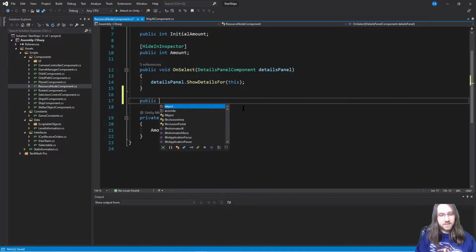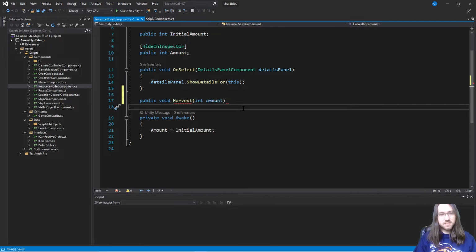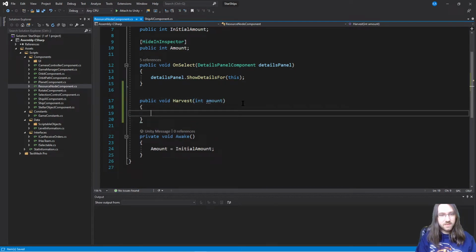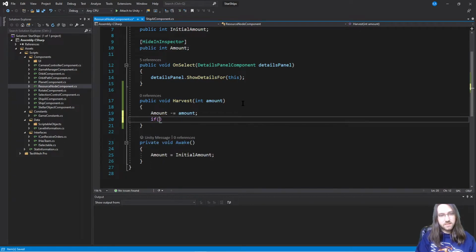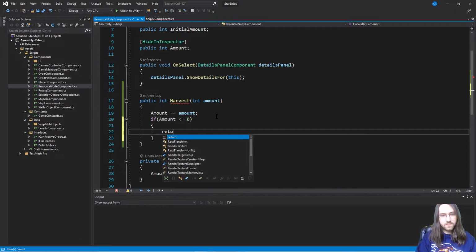A harvest method. God, my brain is not working today. Int amount, starting to go away. Okay. So the current amount is minus equal to what we just harvested. So what we say is if amount, I guess we'll return the amount that was harvested. So we'll say if amount less than or equal to 0, then we return amount minus,